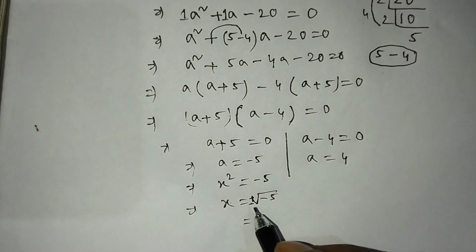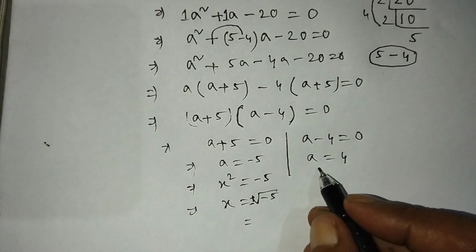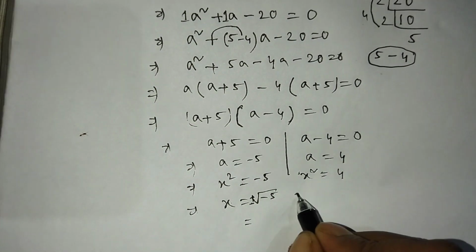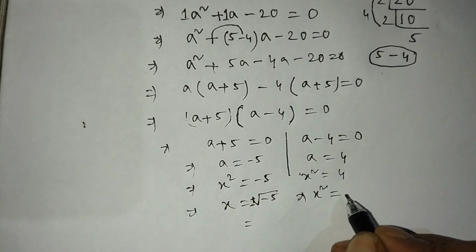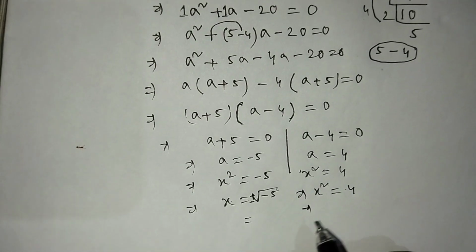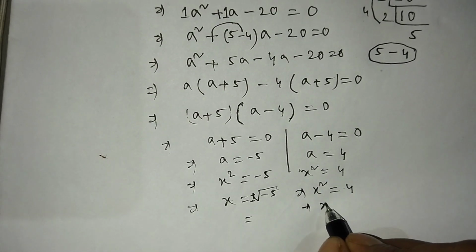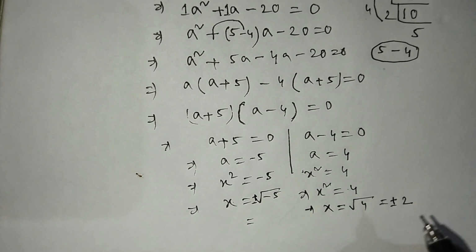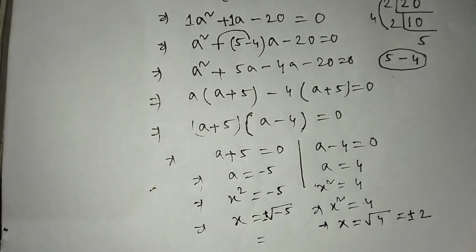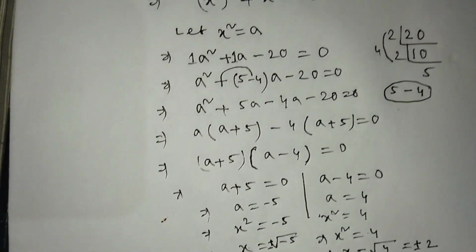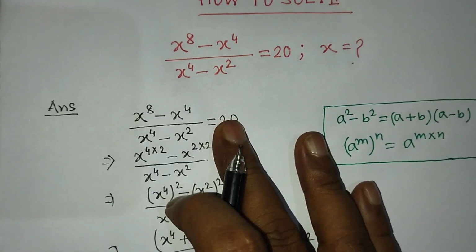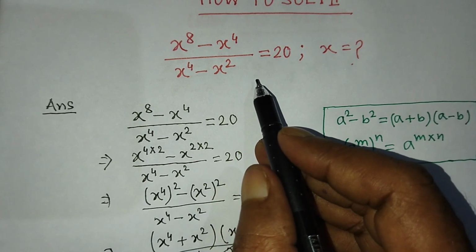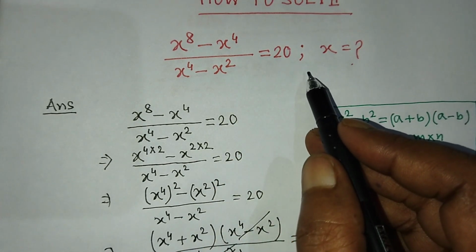Okay student, so this is the imaginary value, and from this equation again we have to write x square is equal to 4. So student, x square is equal to 4, so transpose the power from left side to right side, then the value of x will be root over of 4, that means plus minus 2. So student, it is clear that this equation will have two imaginary roots and two real roots.